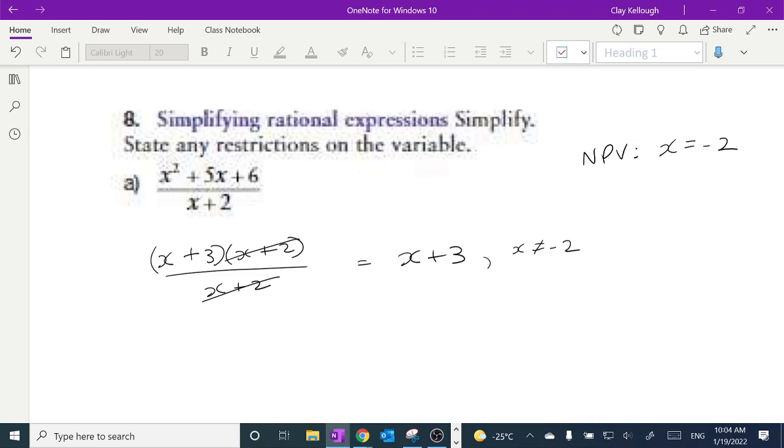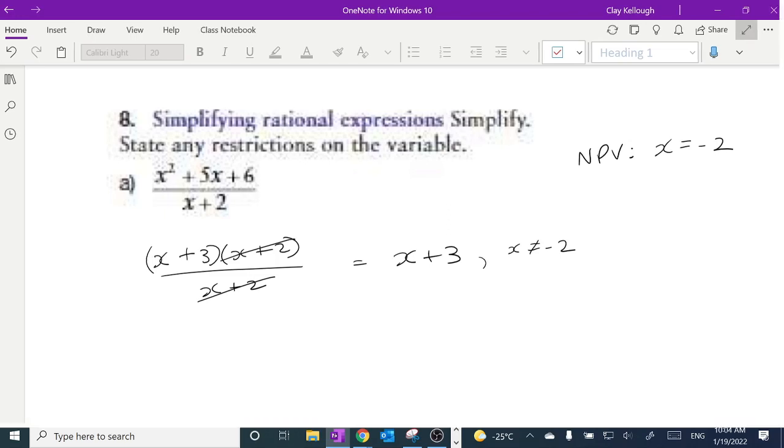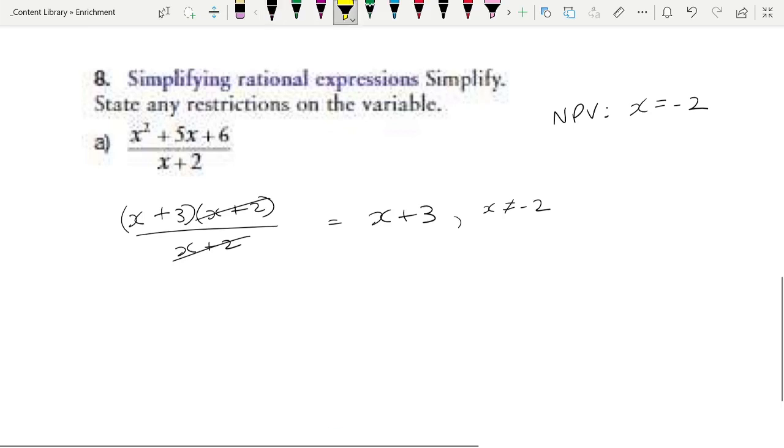And what I find interesting about this is that one way that you can show that these two things are exactly the same as each other, that this expression and this expression are identical, is to pick any number you want as long as you don't pick -2. Pick 0 if you like. What if x was 0? Well, then this would be 6 over 2, which is 3. Put a 0 in for x, you get 3. That should work for any number in the whole universe, obviously except for -2, because you can't divide by 0. And because that works, what you can show is that if you had the graph,